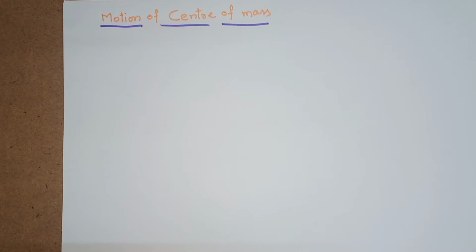Now in this class we will see the motion of the center of mass. That is, the velocity of the center of mass, the acceleration of the center of mass, and if a force is acting on the body, how to write the formula and how the mass is said to be concentrated. What are the particles inside it, how do the internal forces contribute to the motion and how do they cancel, and why don't we write the internal force contribution in the formula? We shall see the reasons in this class.